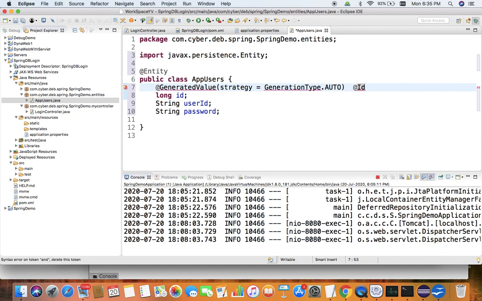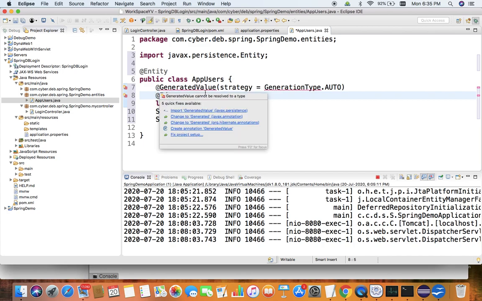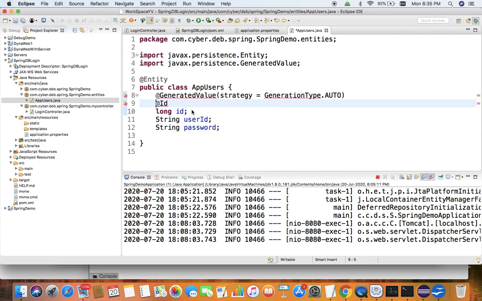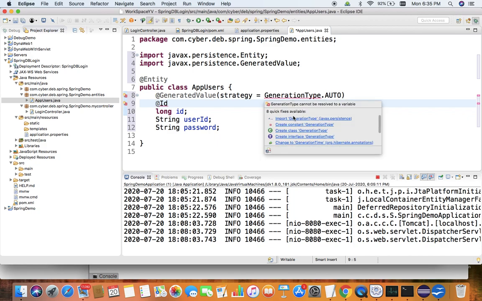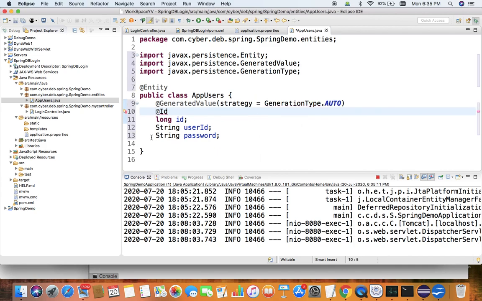So that part which I have copied from the presentation, I will paste over here. The extra line is not required. So here @GeneratedValue, if you hover the mouse then you will get the import option. GenerationType is AUTO, which means it is going to generate this primary key, named id, as an auto generated long value, because we have mentioned the data type of this primary key as long.